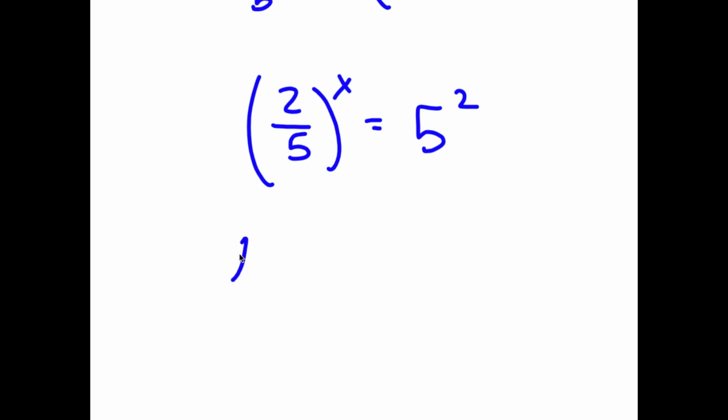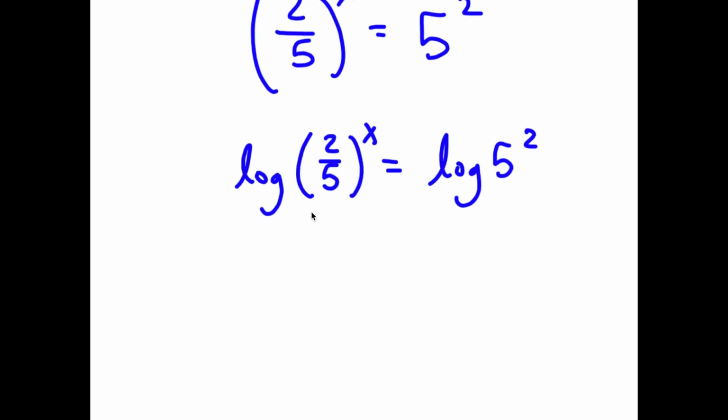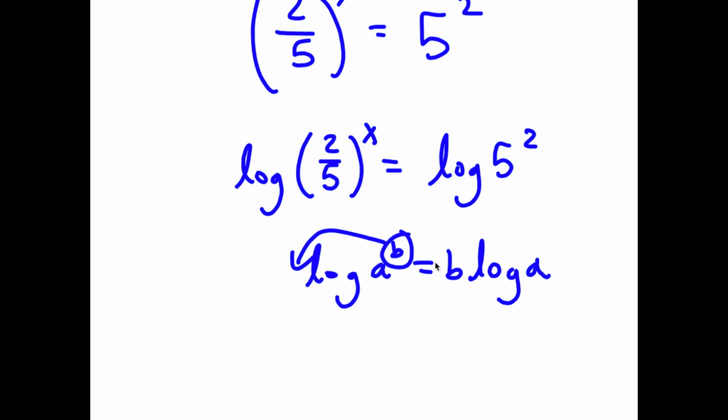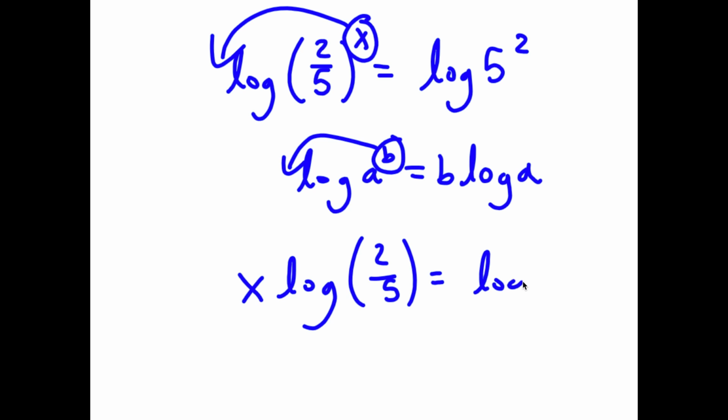Now I'm going to take the log on both sides. So I get log of 2 over 5 to the power of x is equal to log of 5 squared. And if I have something in the form log a to the power of b, I can move this exponent of b to the front. So this gets b times log a. So for log of 2 over 5 to the power of x, I can move x to the front. And now I'm going to have x times log of 2 over 5 is equal to log of